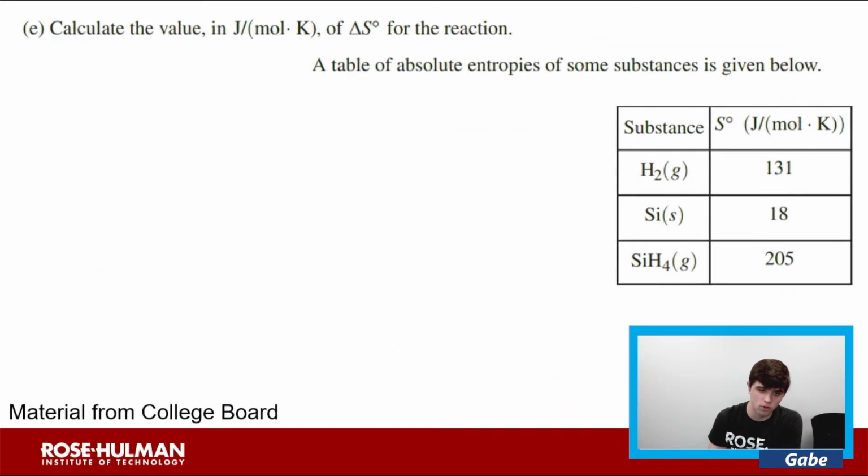Calculate the value in joules per mole Kelvin of delta S for the reaction. So we're given the table of entropies, and we can determine the absolute molar entropy based on this using an equation that will be given on the exam. So we can determine this by doing molar entropy equals the moles of our product, which we determined before,